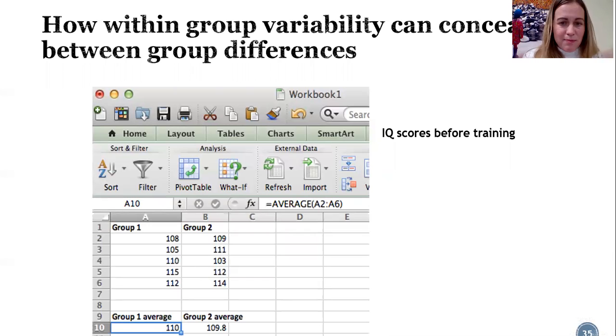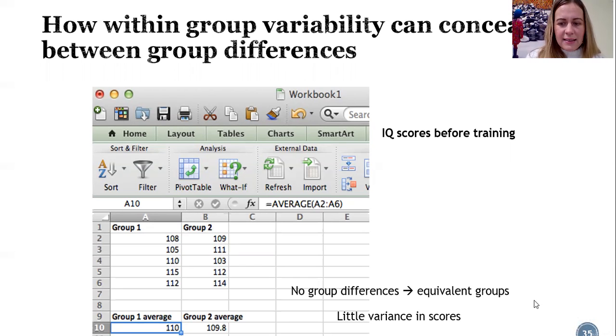So I just made up these numbers, but go with me here. These are imaginary IQ scores before anybody got any training. This is our Sudoku group. This is our control group. I've just made up these numbers here. You can see that if we take an average, there's no difference between groups, and they're equivalent before training. That's a good thing. There's also not very much variance in the scores. The lowest score is like 105 and the highest score is 115,